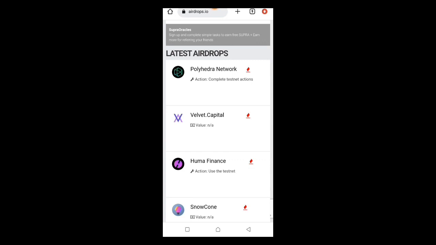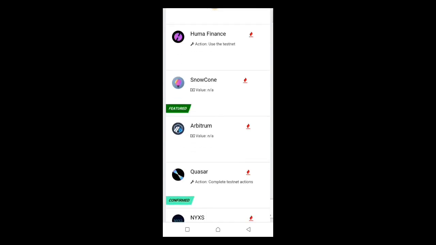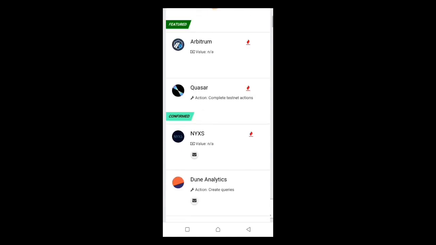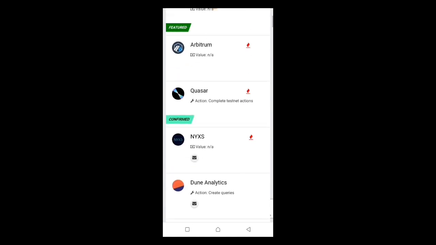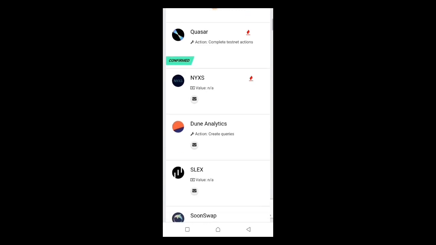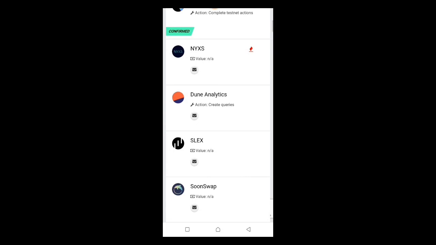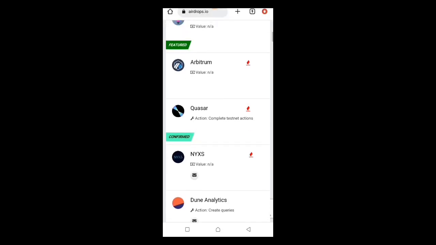So where can you find these airdrops? All you have to do is go to airdrops.io on your phone browser, and then you can scroll and see different types of airdrops that are available. Pick any one of them that hasn't expired, and you can perform these simple tasks. You have nothing to lose but everything to gain. Some might be worth a few dollars, some a hundred. You might even get lucky and win $1,000 from these airdrops. It's always worth a try.